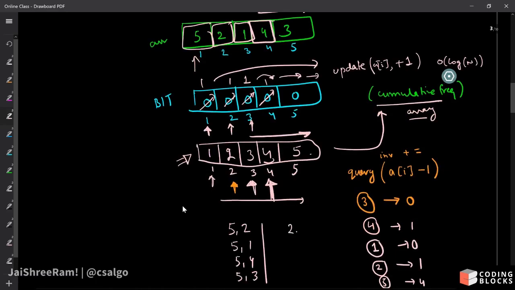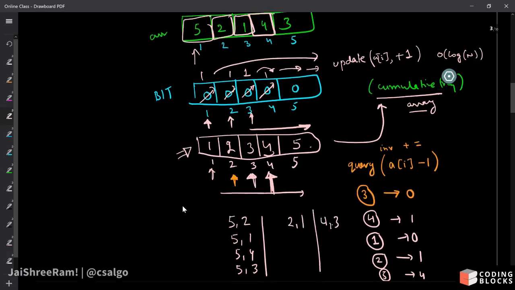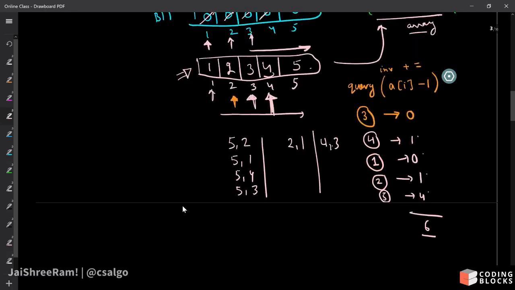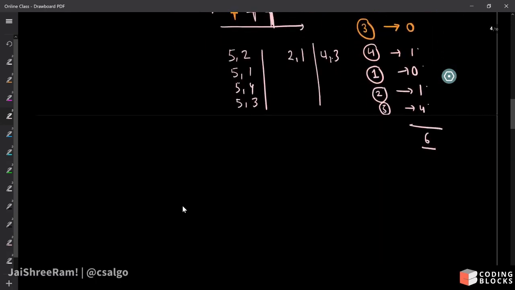2 के साथ एक इन्वर्जन है 2 1, 1 के साथ 0 है, सॉरी, और 4 के साथ 1 है, यस, 4 और 3, और 3 के साथ भी 0 है। तो टोटल नंबर ऑफ इन्वर्जन जो होंगे इन सबका सम होगा, तो 6 इन्वर्जन हमारे पास आ रहे हैं। तो हमें क्या करना है, हमें सिर्फ एक BIT बनाना है, और BIT कैसे बनाना है ये हम देख लेते हैं, राइट।